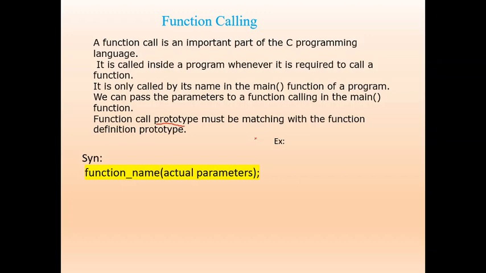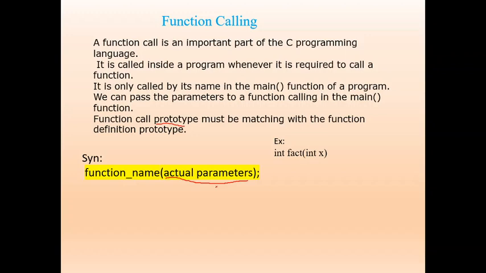While writing and compiling programs, you might have got errors like too many, too few, prototype error. So this is the simple syntax: function name, actual parameters. The parameters placed inside the function call are known as actual parameters.